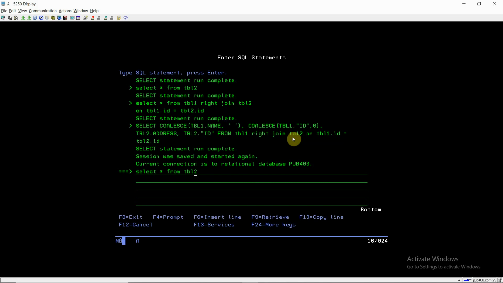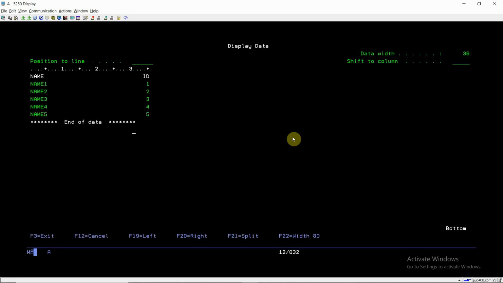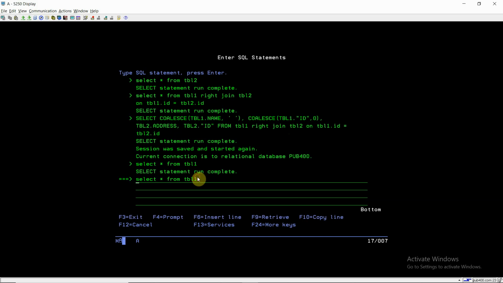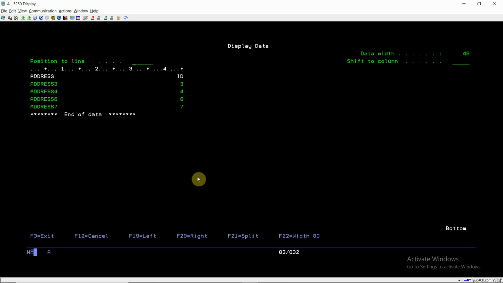Now what it will do, it will have the result of the inner join, meaning from table 1 and table 2 the matching records 3 and 4, plus the records from table 1 which are not coming into the result, or the records from table 2 which are not coming into the result. Now we will have the values 1 2 3 4 5 6 7, where 3 and 4 are from the inner join match, and 1 2 5 6 7 will be from the full join.